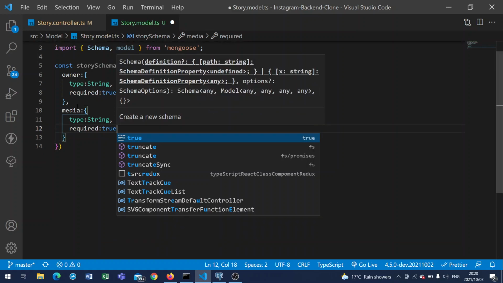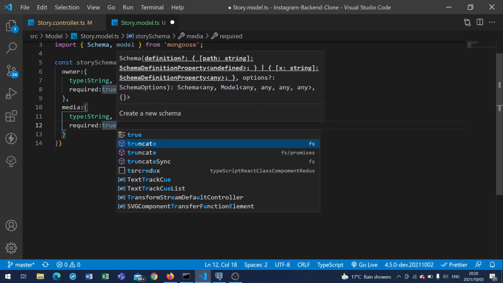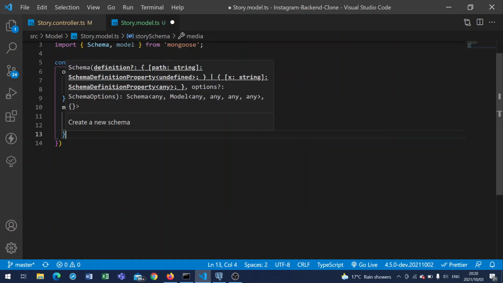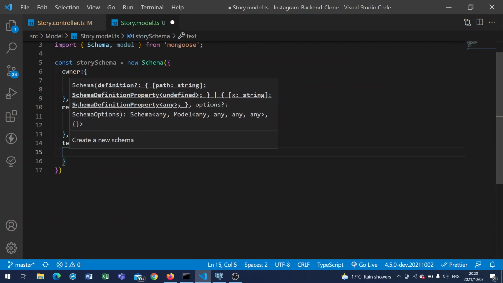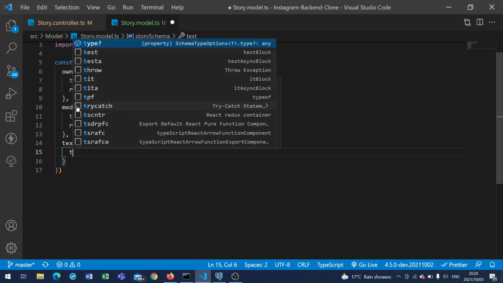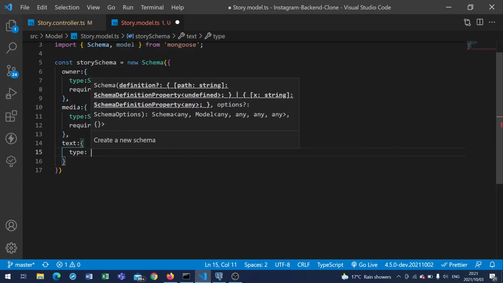Within our stories, obviously when you create a story, a media is not really required. A person can just add a text and then there's a background. But since we're just doing a mini clone, we don't want to have all these things, because Instagram is a big application, guys, which has thousands of developers, and this is just a random guy behind the screen trying to replicate it. So we're just gonna have something set in stone, so that our stories will consist of medias only,